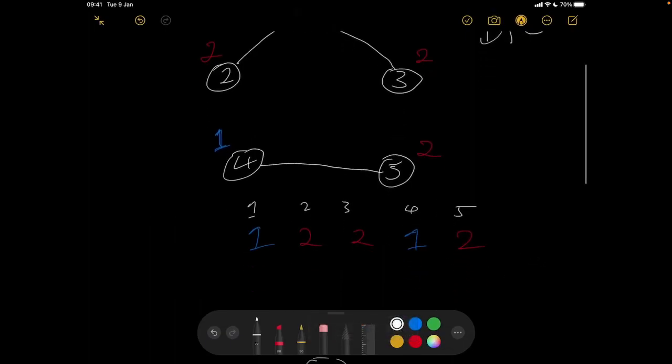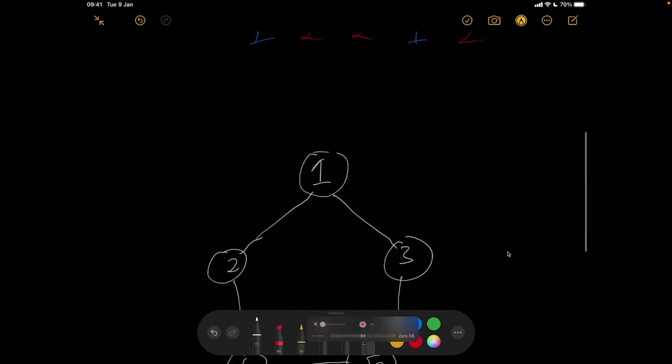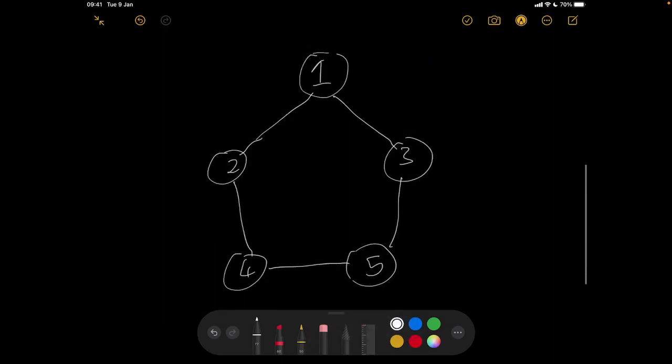Let's take a look at an example where it is impossible to compute the results. So this is such an example. And let's see how the algorithm works. So we start with 1, give it the group 1. Then we look at the children. So let's say we look at this child next. We're going to give it a group different from the previous node. So we're going to give it 2.